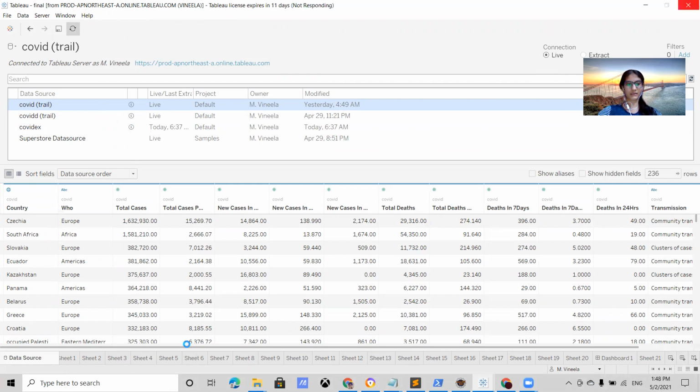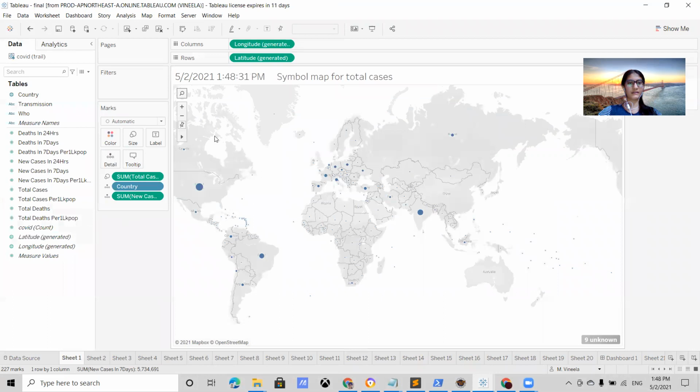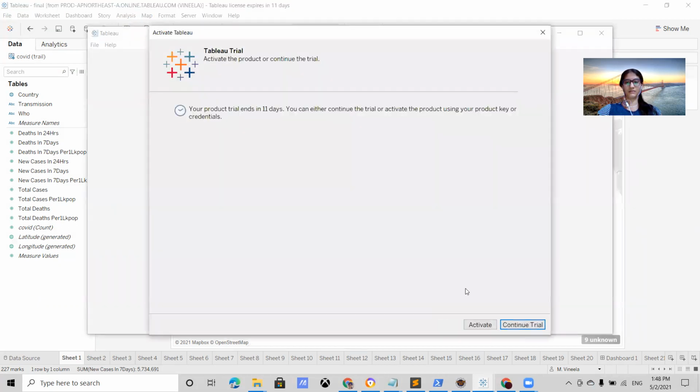Now let us see, these are the sheets we have created. So let us create a sheet. So let us see how we have connected it to database. Let me open the new Tableau desktop interface and connect it to my database. And then let us again come back to this and see over here.